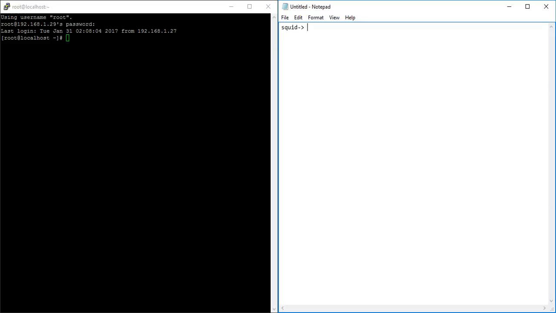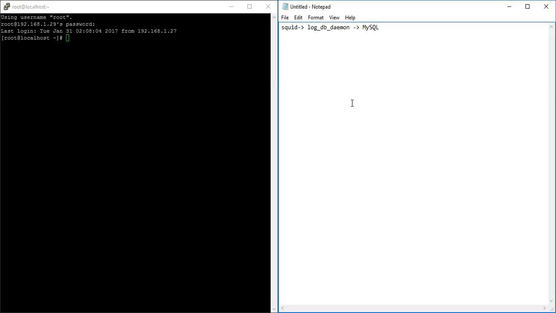One of them is log DB daemon helper, and this helper can store your log to MySQL database.